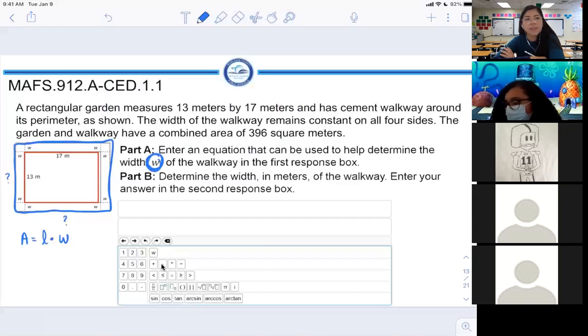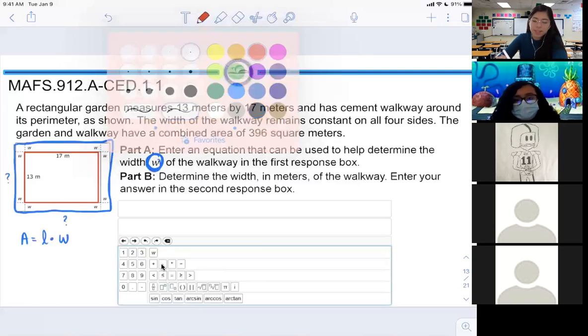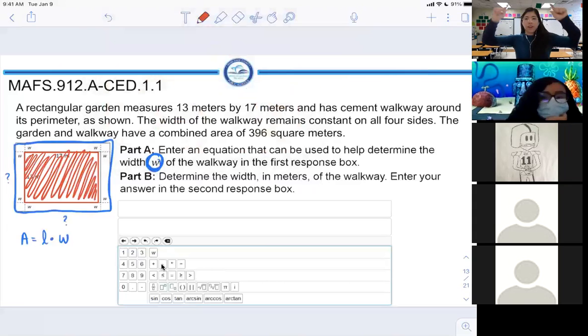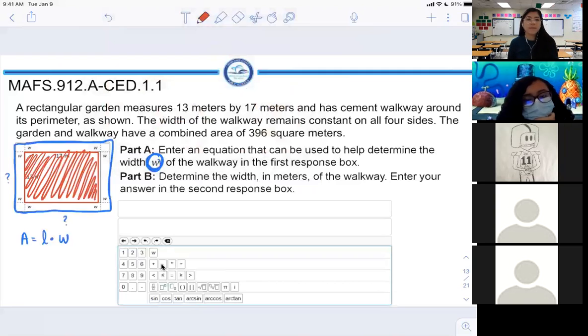Does anyone else have any ideas? Yes, so I need to multiply something, but I don't know what I need to multiply yet. You could do 13 times 17, but that's the area of just the inside. Remember, I need to know the area of the whole entire thing,